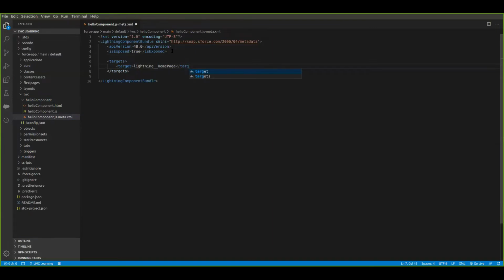It will be visible on the home page. Save the file.